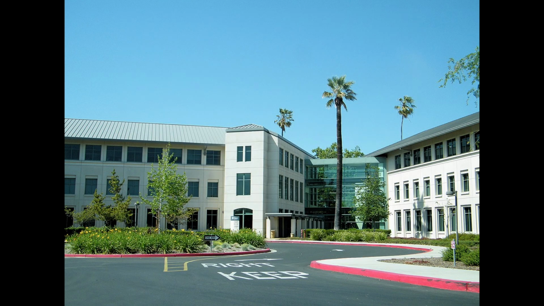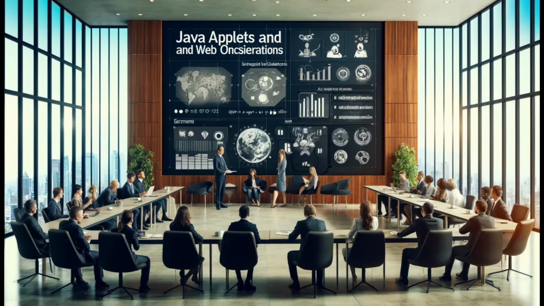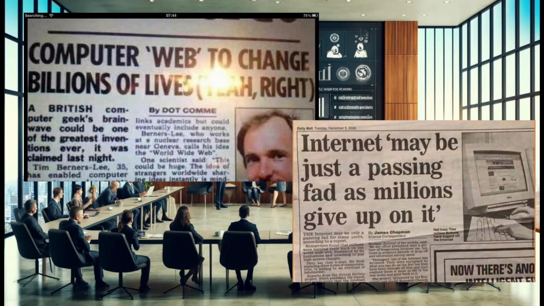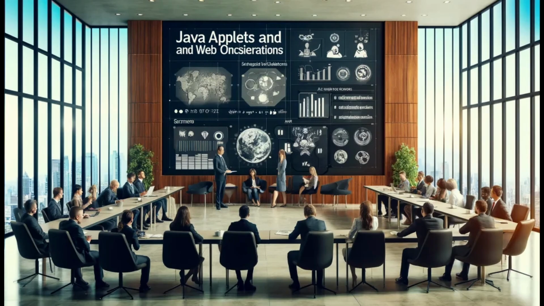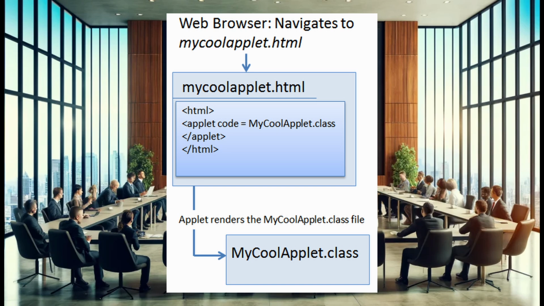By 1995, the team's original focus on appliances shifted. The rise of the World Wide Web offered a much bigger opportunity, the need for dynamic, interactive websites. Gosling and his team rebranded Oak to Java, inspired by their caffeine-fueled coding sessions. Sun Microsystems made a bold move. They integrated Java with web browsers. While applets themselves didn't stand the test of time, they were a bold proof of concept. More importantly, they paved the way for Java's future dominance in building web applications, which cemented its legacy.